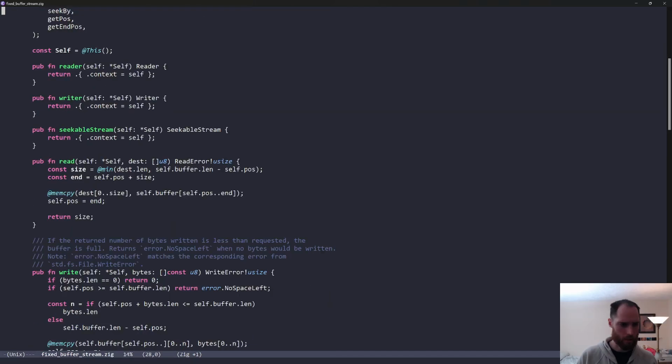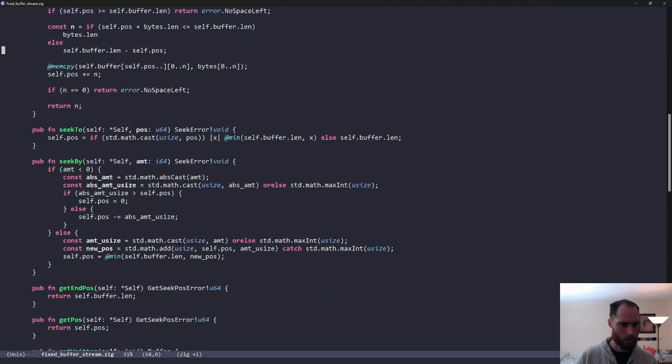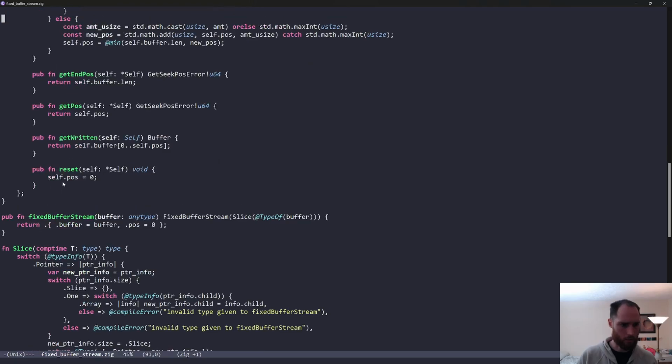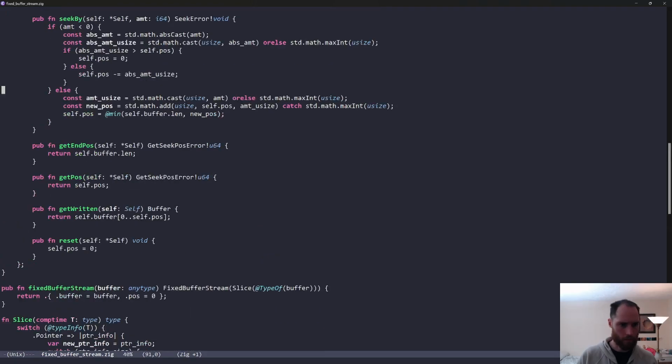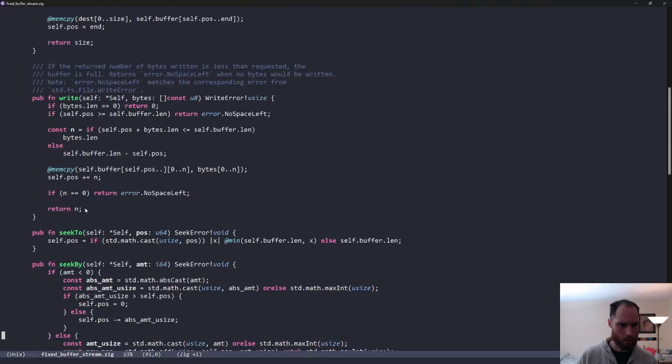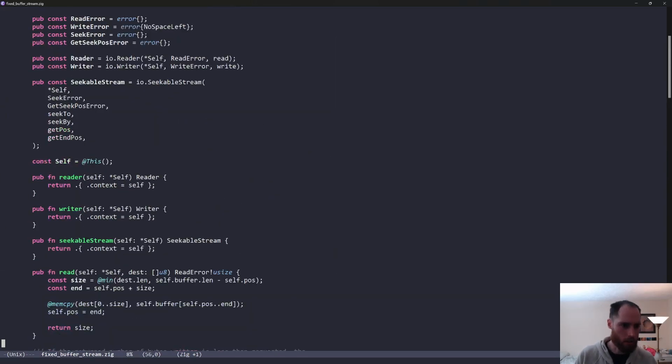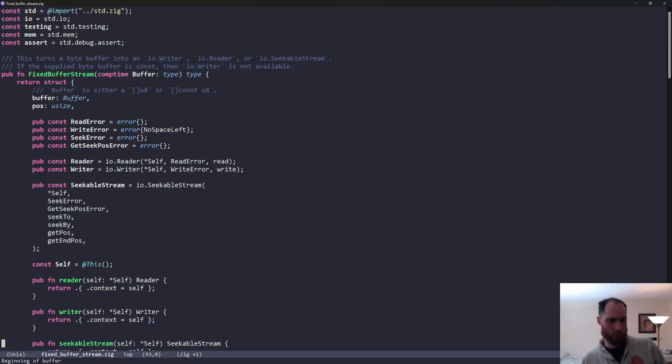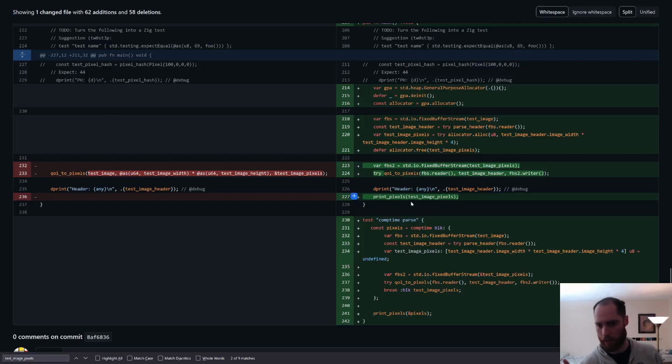Yeah, where does it get passed into? Yeah, like write, seek, reset, get written. Maybe later I'll play around with this kind of syntax and learn it more. But okay, I can totally accept that this is just saying